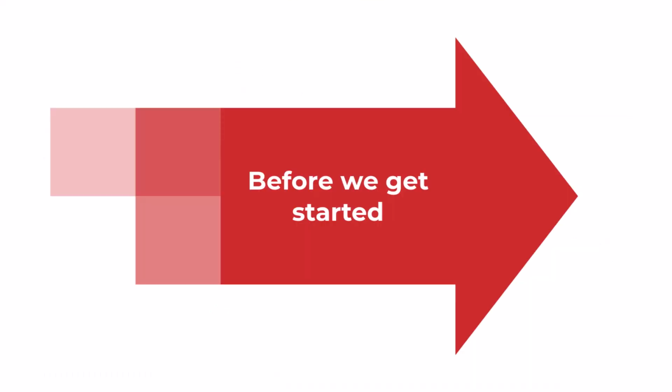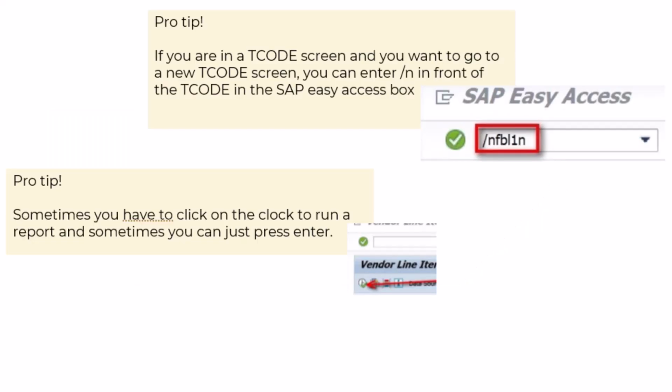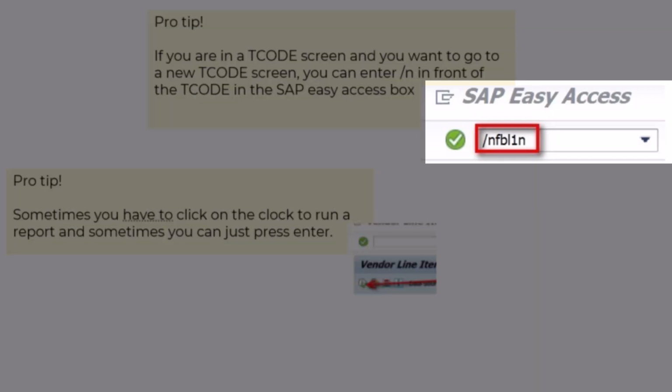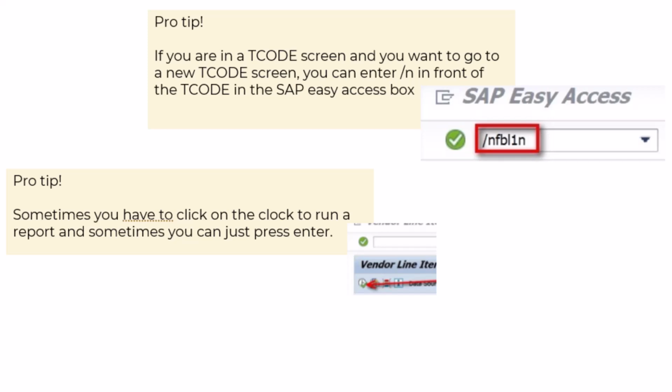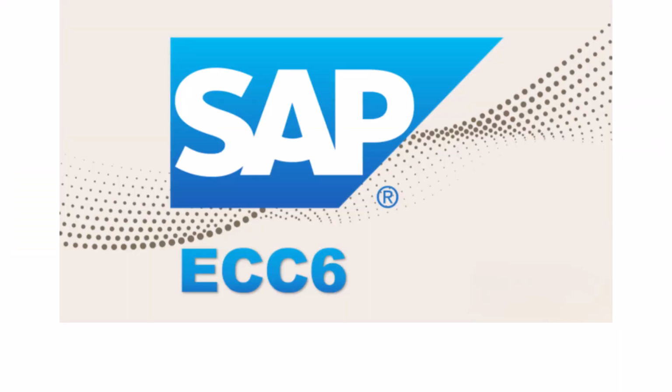Okay, so before we get started, I don't know how good you are at using SAP T-codes, if you're new to it or if you use them all the time, but here are a few quick tips. The first one is that you can put a /n when you want to change from one transaction code to another. Another is this little clock here. Sometimes you just press enter, and sometimes you have to click on the clock when you want to run a T-code. One thing I should mention is that this is all based on ECC 6. So if you've got SAP S/4HANA and you're only auditing that, really sorry about that. These things are kind of similar, but some things in S/4HANA are improved.